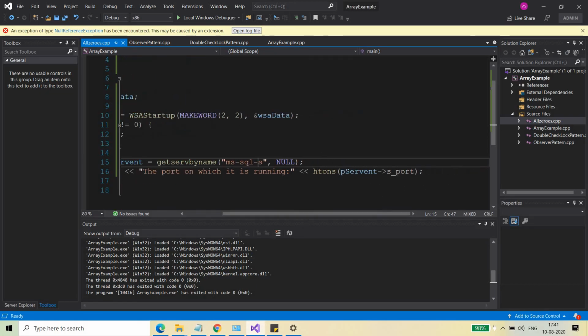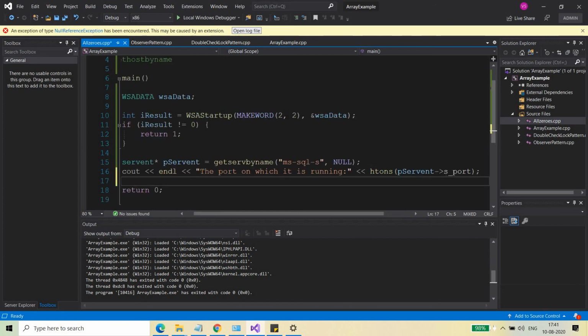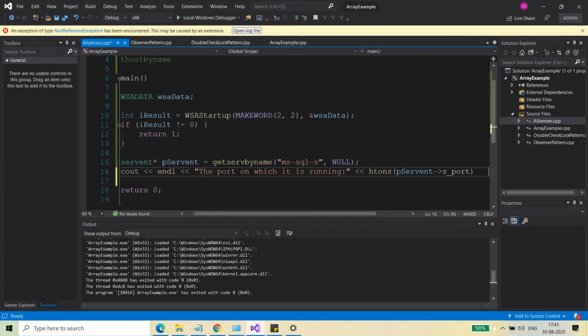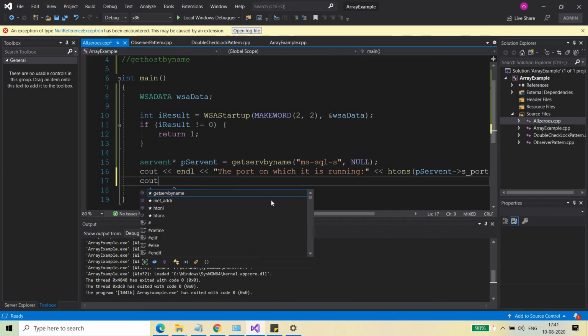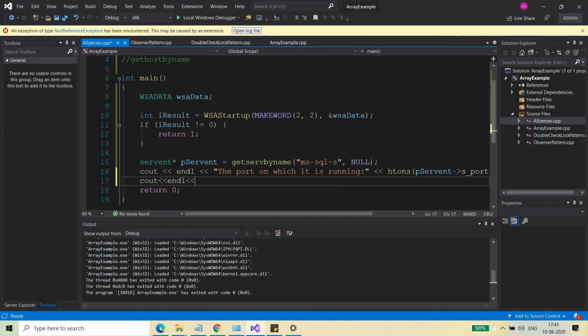And if you want to know what protocol it is using, then you can do one more cout here to find that out. So here I'm just going to write cout endl, the protocol needed to connect to the service.